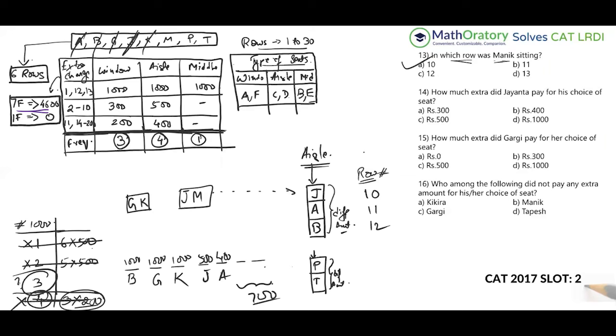The only way that is feasible is either I pick 500 and 200. So this cannot be P and T. You cannot have one of them an IL seat and another a window seat. They have to be on the same column. Again, 300 and 400 adds up to 700, but that has the same issue. So one of P and T has to be zero, and the zero one has to be T, isn't it? And P has to be on row number 20, and T is on row number 21.